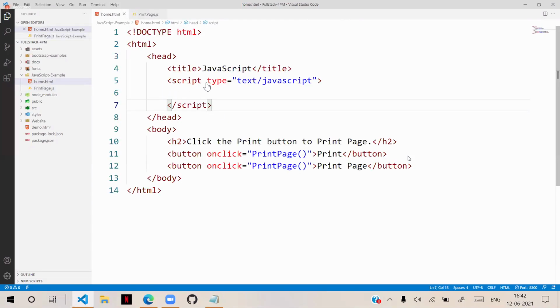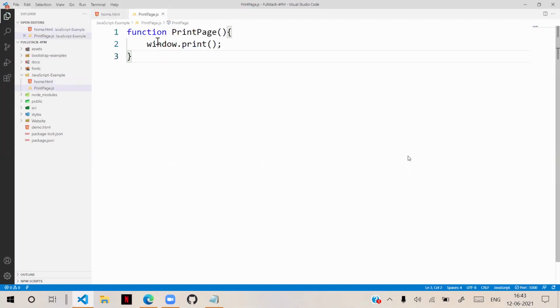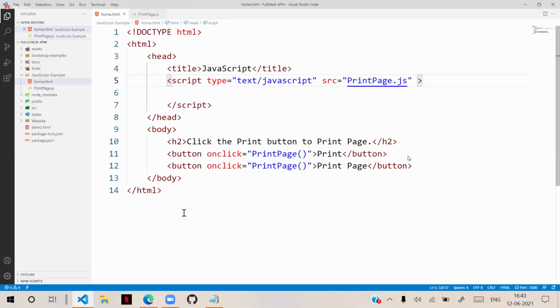For that, you have to use the script tag. By using the script tag, we have to define the source. Already you know how we linked jQuery and Bootstrap. Source is equal to fold.js. It is present in the same folder, so we are linking it directly. Now the JavaScript is written in a separate file and we are accessing it and using it here.